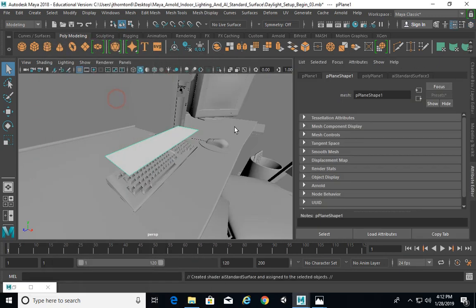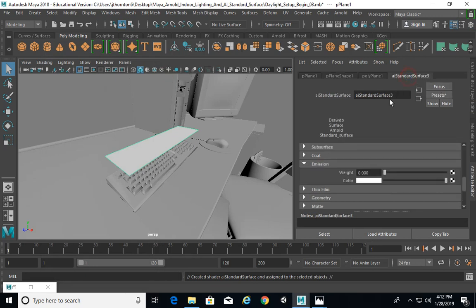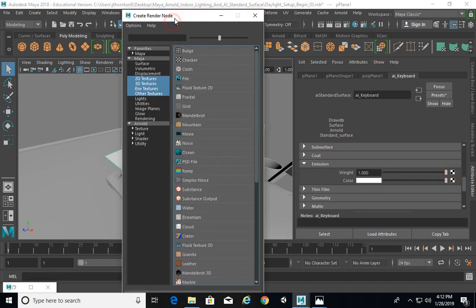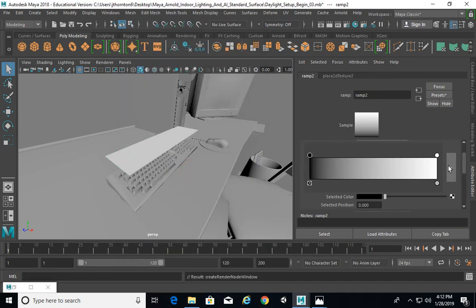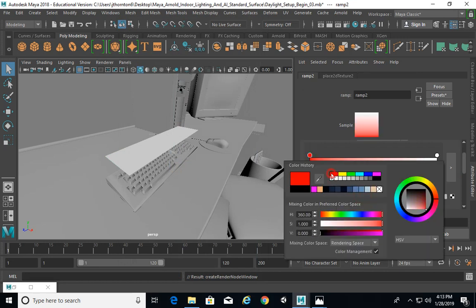And I want to do an AI standard again. I'll call this one AI keyboard. And for the emission, instead of just using a solid color, I'm going to use an image, or a node. So I'm going to click on Create Render Node, and I'm going to use a ramp. And the ramp I want to use is Roy G. Biv. So red,